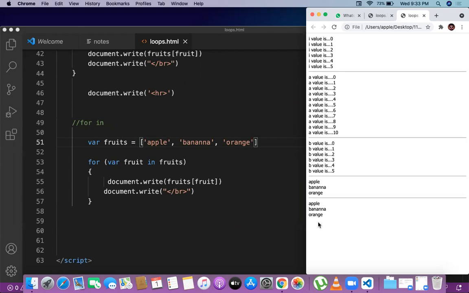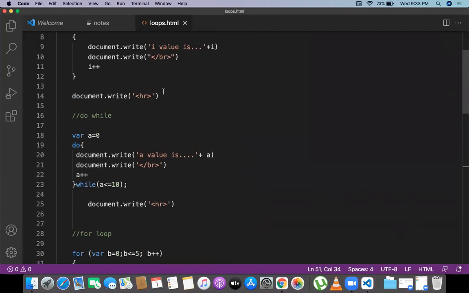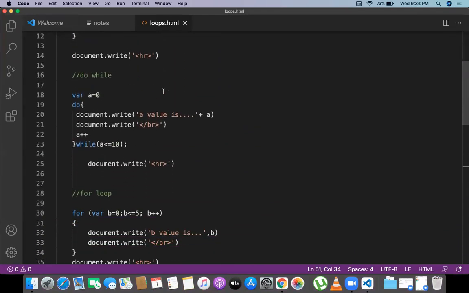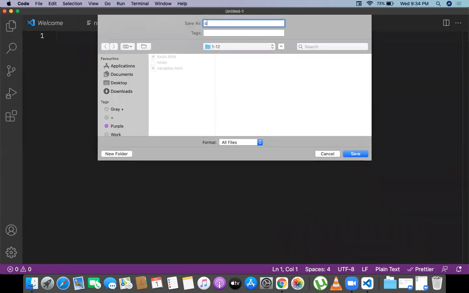The next one is, yeah, this is actually about the loops, and you try to work out multiple kinds of things. First we saw the while loop, then we finished the do while, then the for loop, then the for in. These are the multiple kinds of loops. Then we go with the conditions, how conditions are going to work. There are multiple conditions available as part of JavaScript.